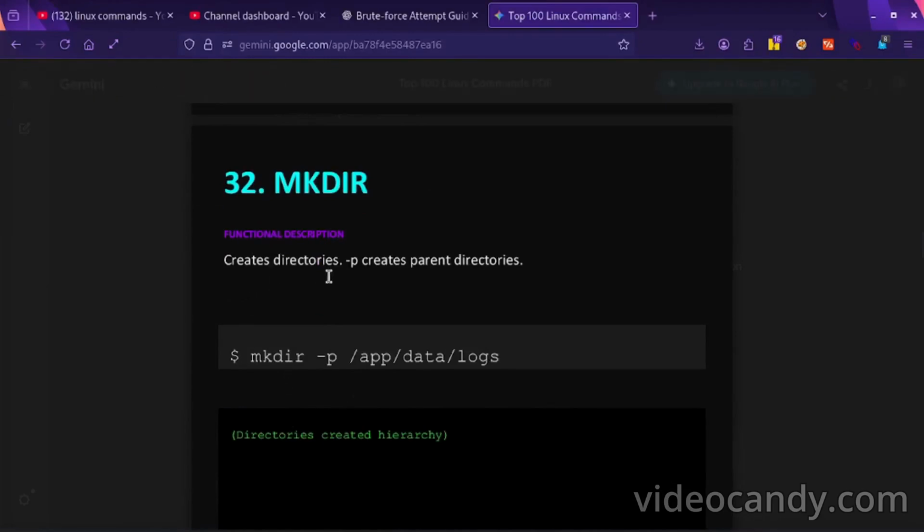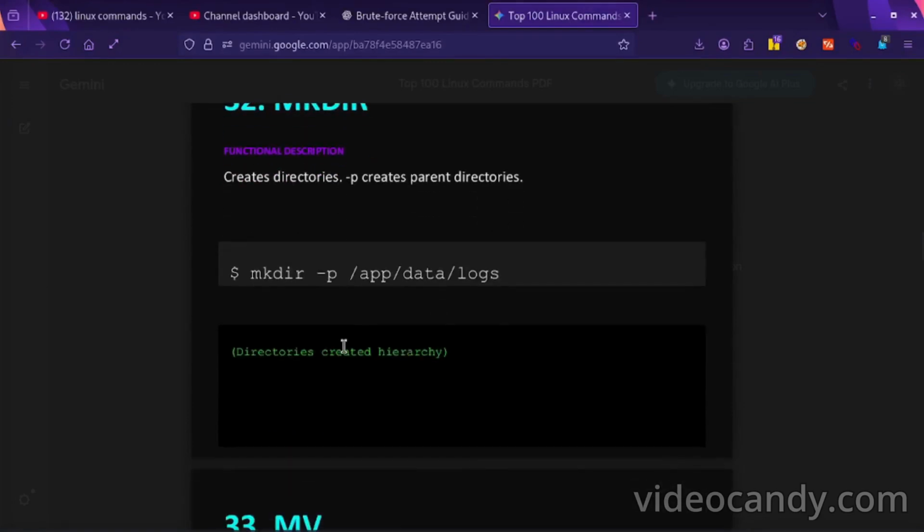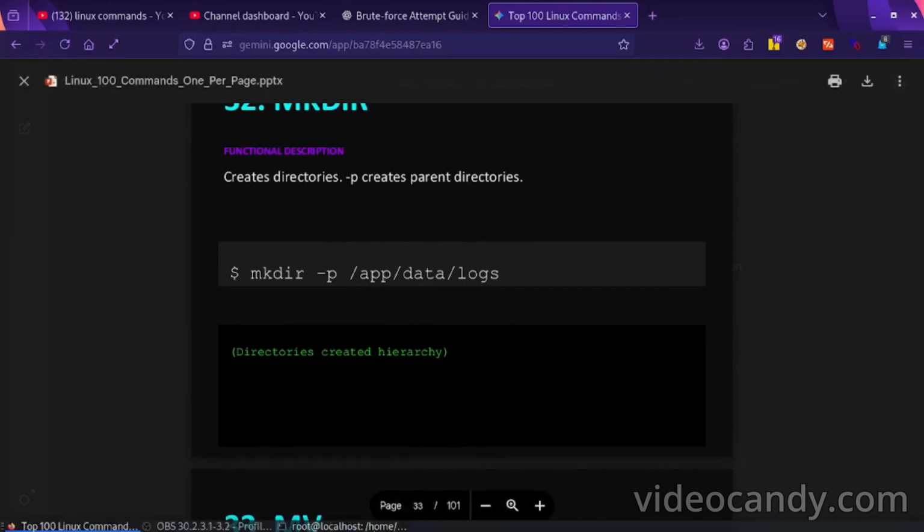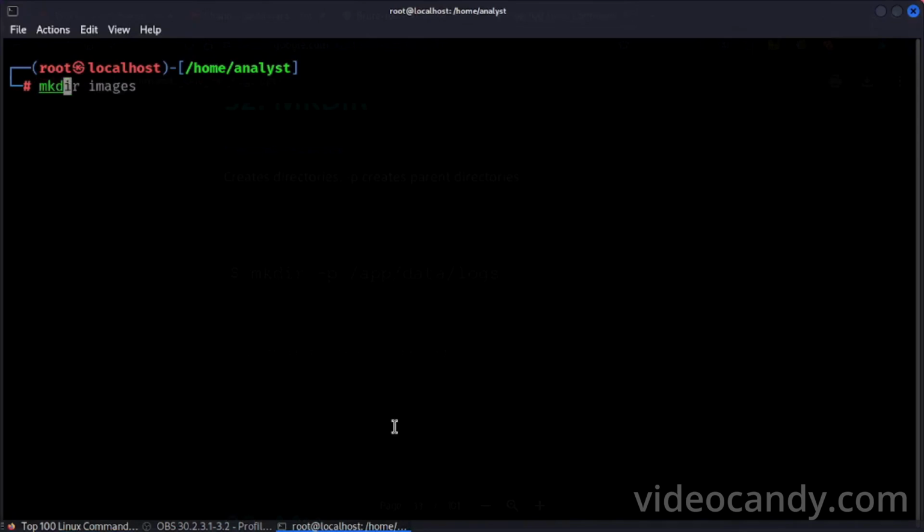mkdir, create directory. -p creates parent directories. Okay, I don't want to make any directory, but if you want to make a directory, write only mkdir.